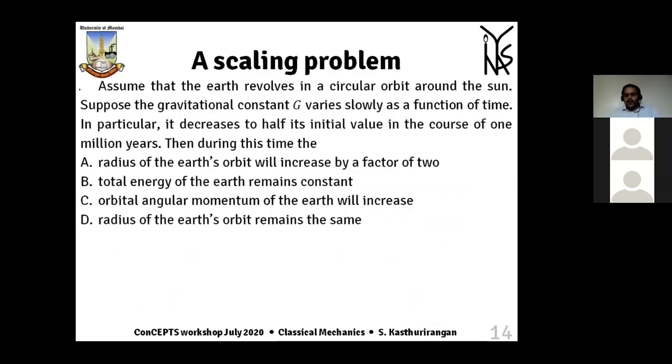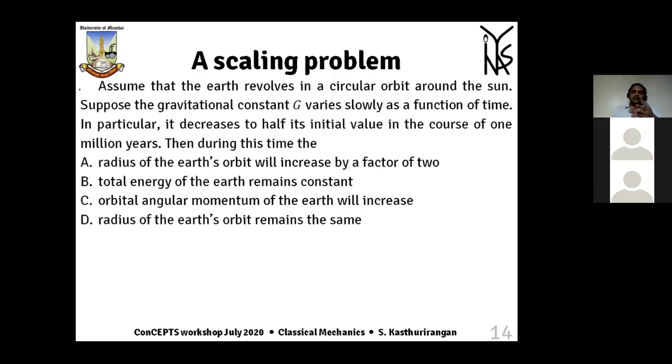My final part of this particular discussion on classical mechanics is to introduce the idea of scaling. We have already seen the idea of dimensional arguments in a couple of problems before, even though we solved them by the long route, but you can arrive at the answer to those just by looking at the dimensions. By the way, dimensional arguments work across the board, not just classical mechanics: quantum mechanics, electrodynamics, nuclear physics, atomic physics, everywhere. There could always be a problem which is simply solvable by looking at the dimensions of the four options and eliminating the wrong ones.